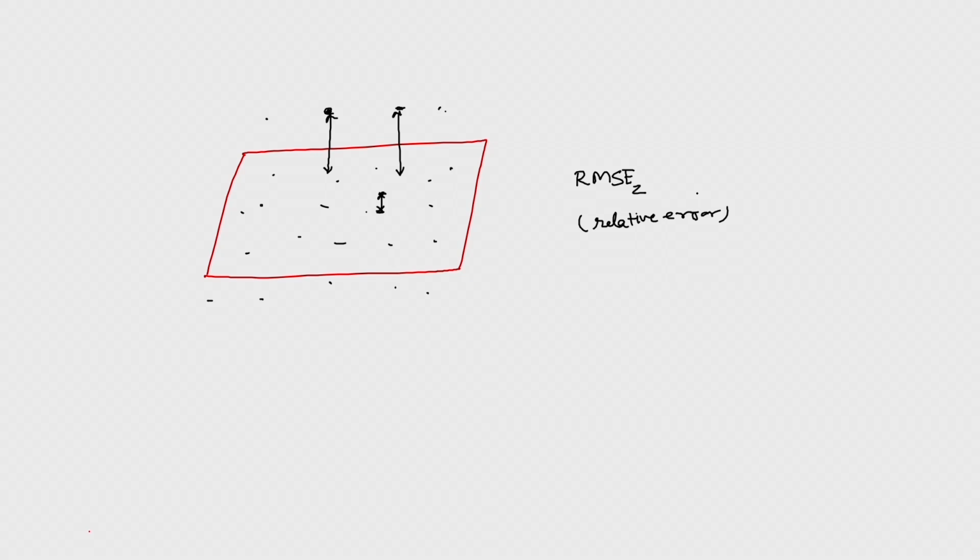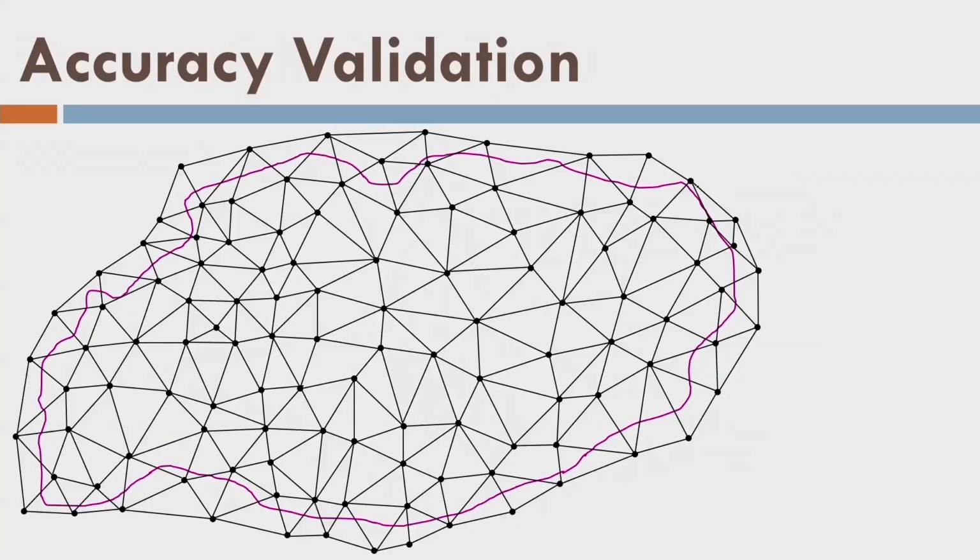In case of absolute error, I will first transform complete LiDAR data into the geocentric reference frame ITRF, and then I will do some analysis. So, what kind of analysis I should do there? Let us look into this. Using the data points, I will first create the tetrahedron or 3D TIN, and then I will go to the field and measure a few points using GPS or total station, which is more accurate than the LiDAR data. Let us say I have measured all these data points.